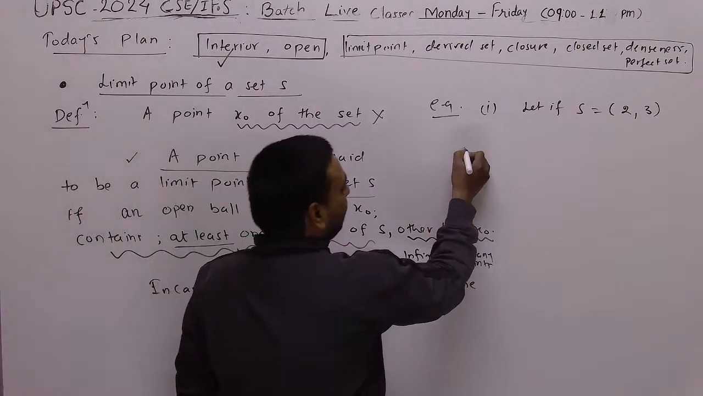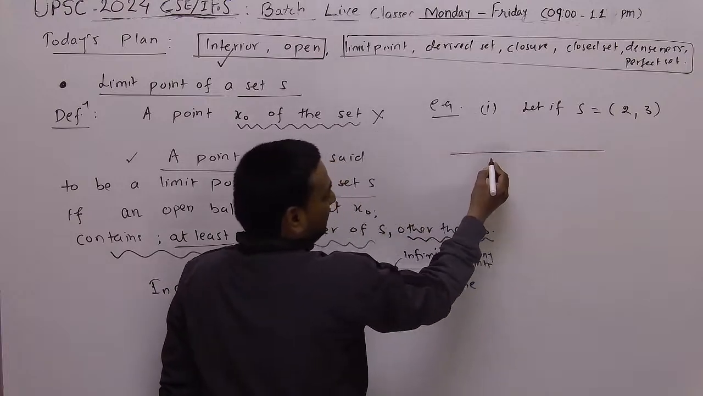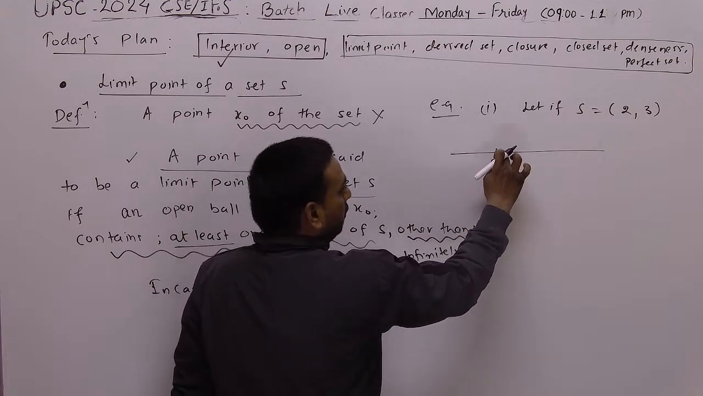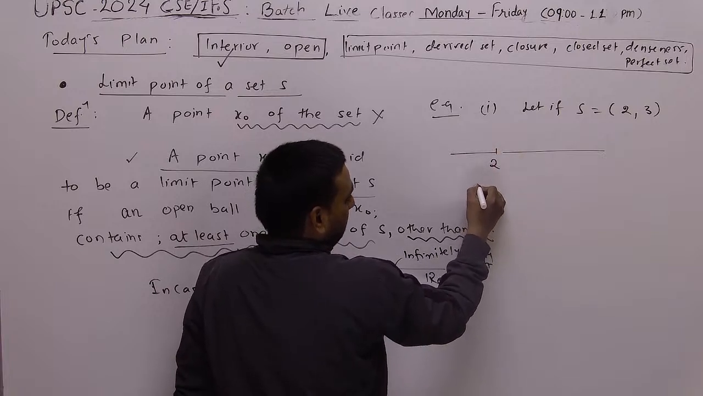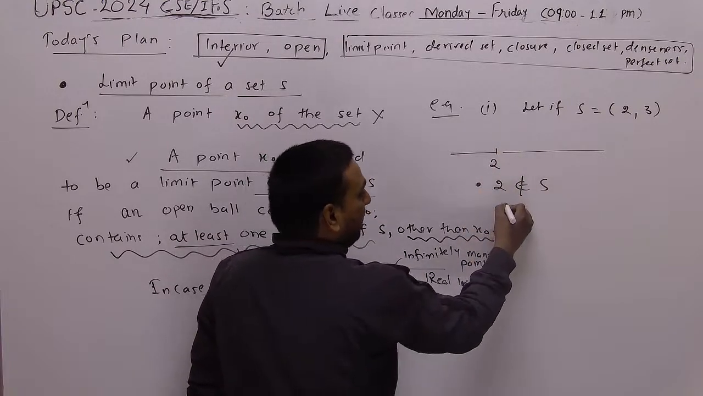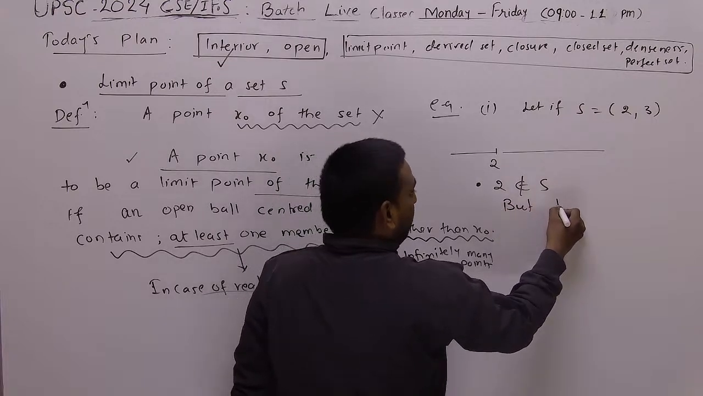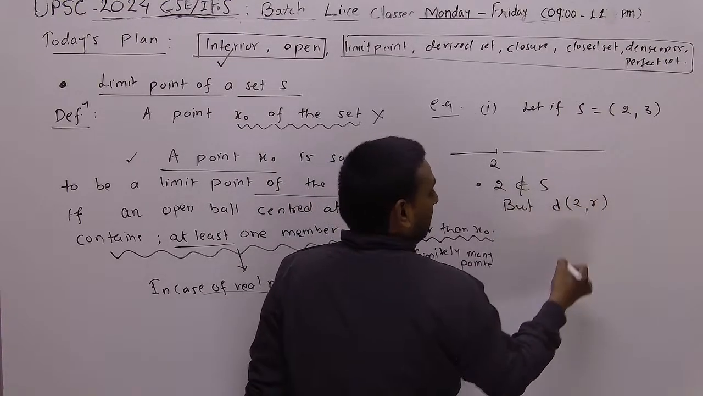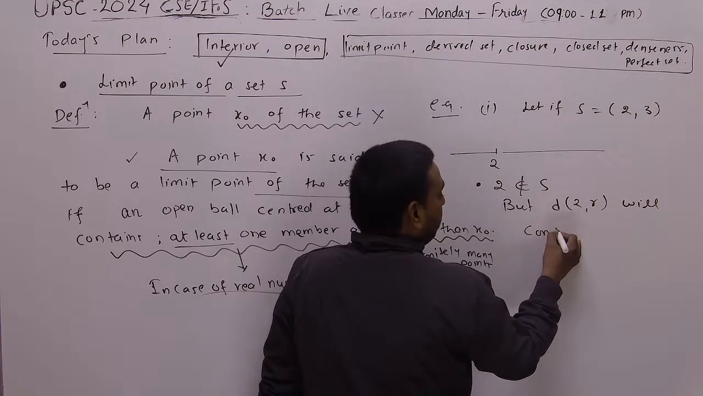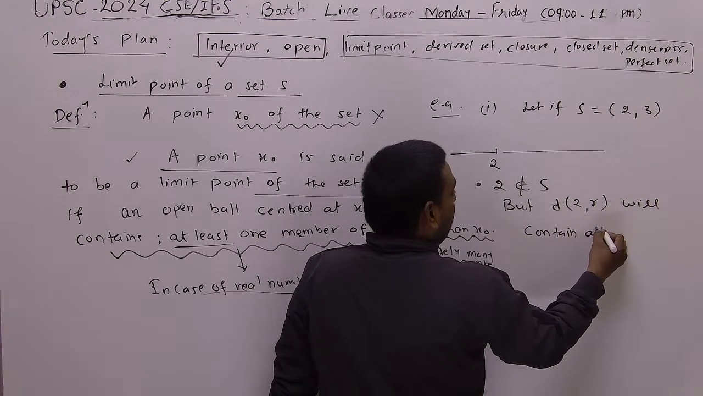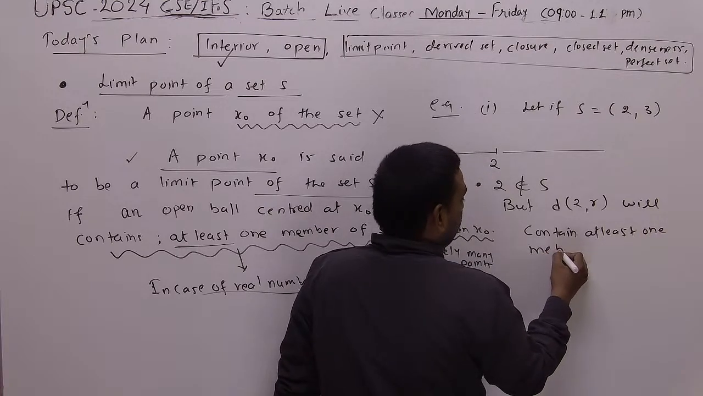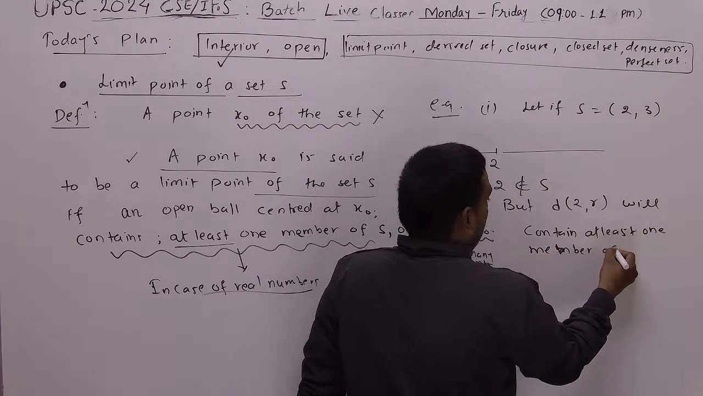आइए बोर्ड पर देखना ध्यान से। If you take the point 2, so obviously 2 is not in S, but any ball will contain at least one member of